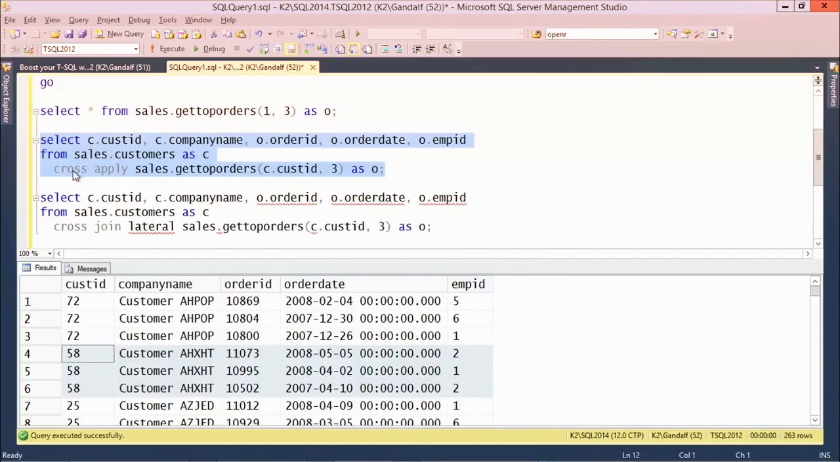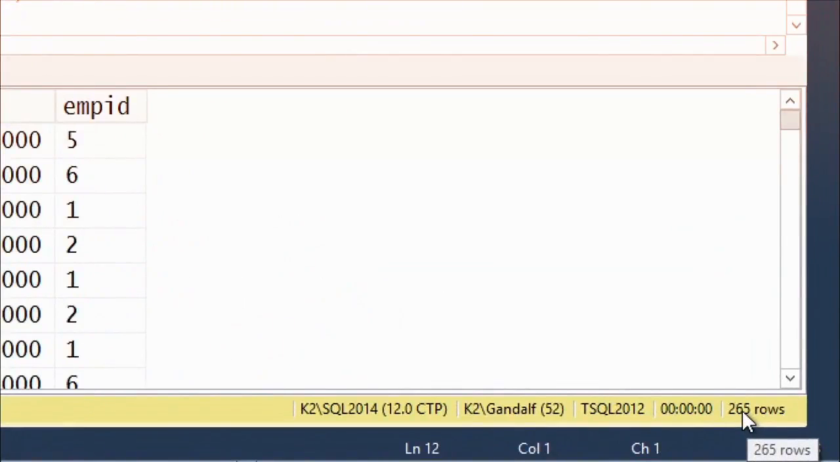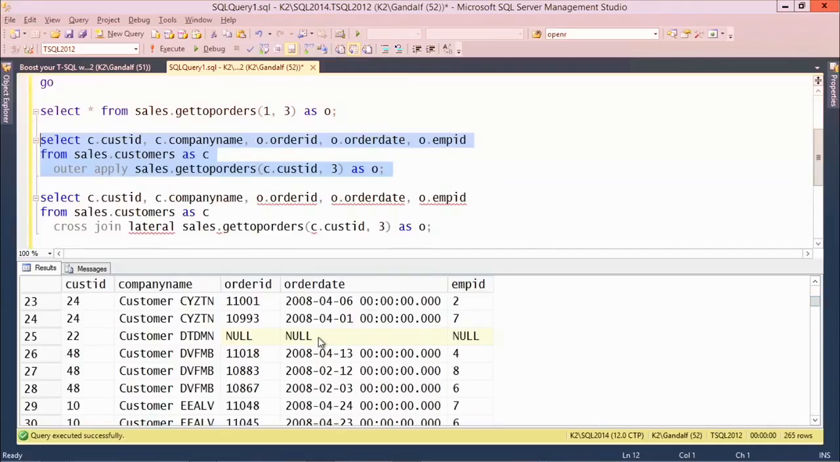So now let's go and change it to outer apply. And now we should find a few extra rows. So you see now the number of rows returned is actually not 263, it's 265. So we have there a couple of extra customers. We can scroll down and look for them here. So you can see, for example, customer 22 has no related orders, and this time we did preserve it, unlike